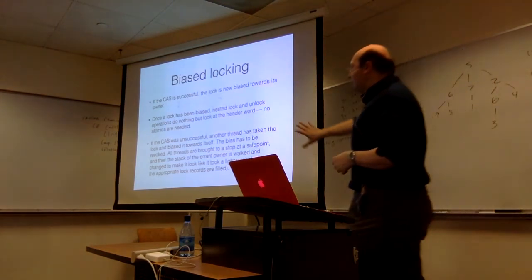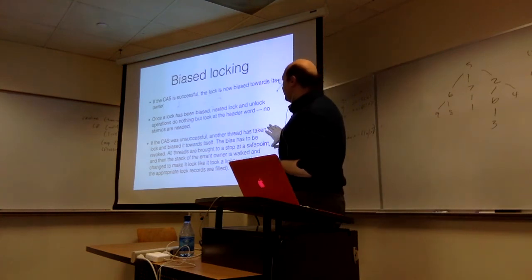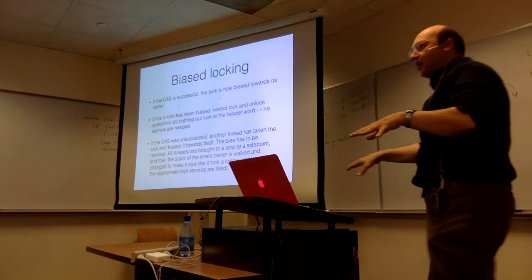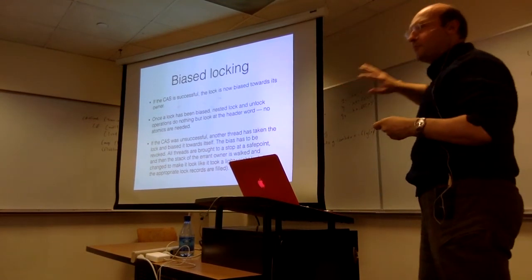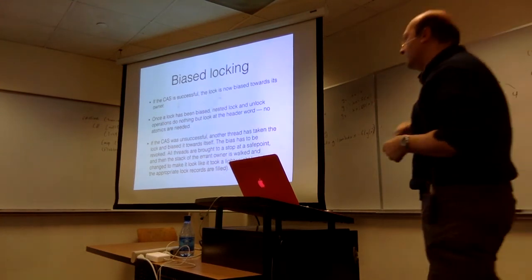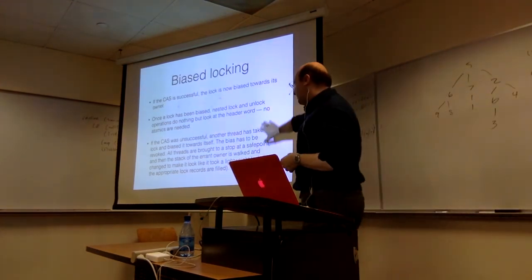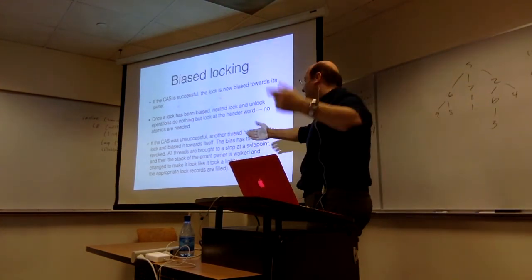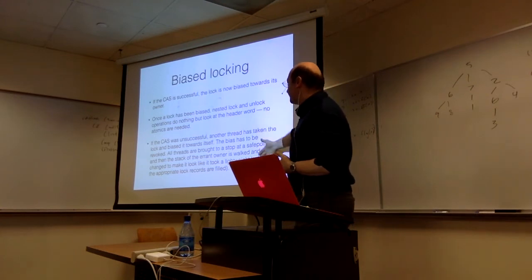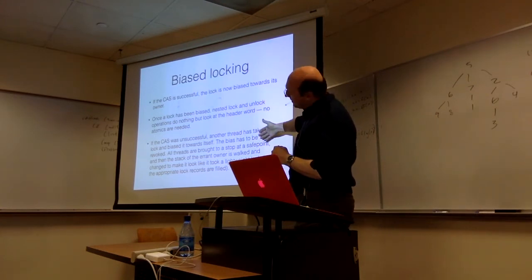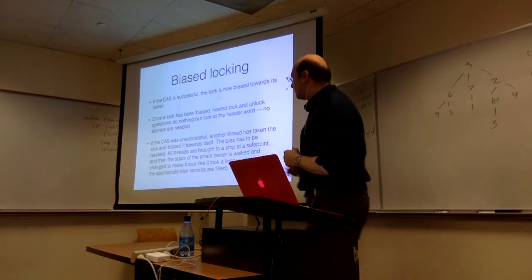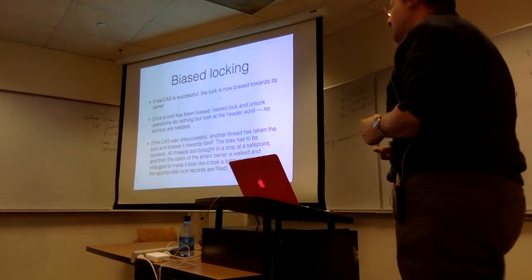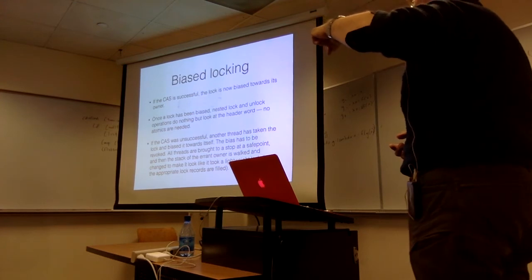So what it does in that case is it uses the safepoint mechanism to bring everybody to a stop. The other guy has gone off running with an owned lock but biased, and you want to undo that. So you bring that guy to a, well, you have to bring everyone to a stop because you don't know who it was. Although I guess you could use the thread ID. I don't know why it does that. Okay, but anyway, the implementation brings threads to a stop and uses the